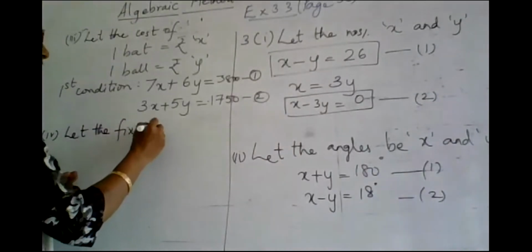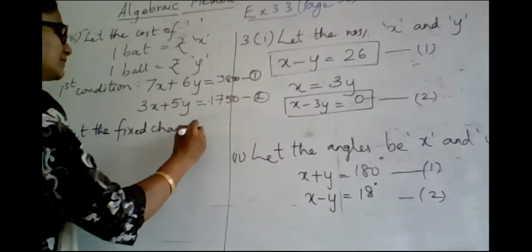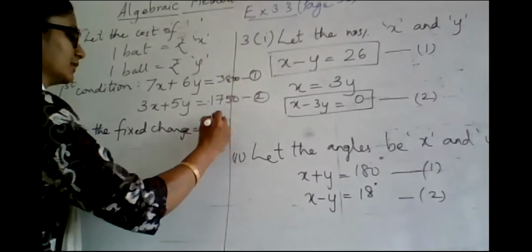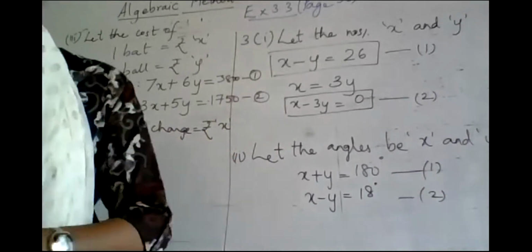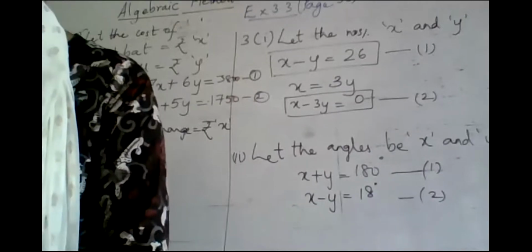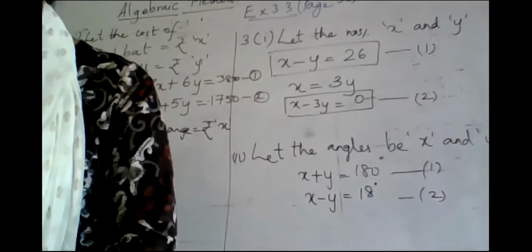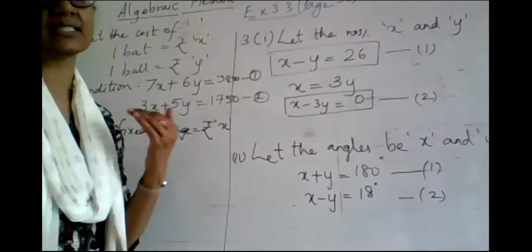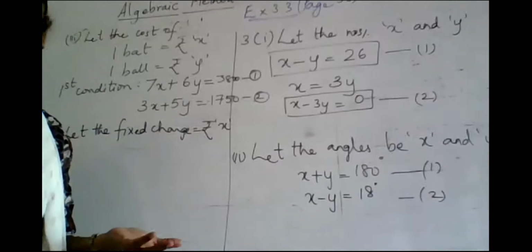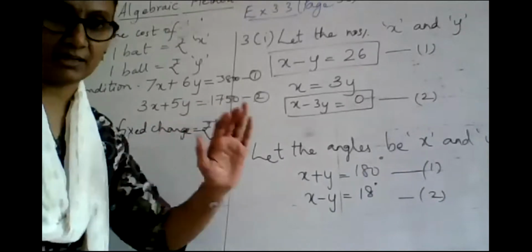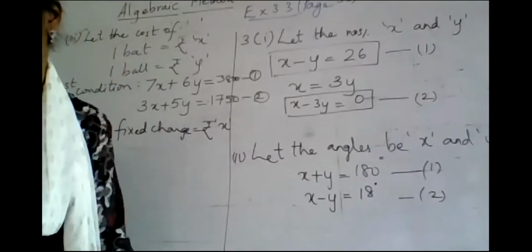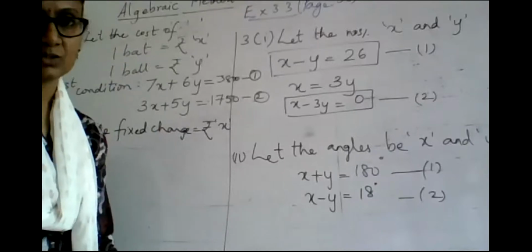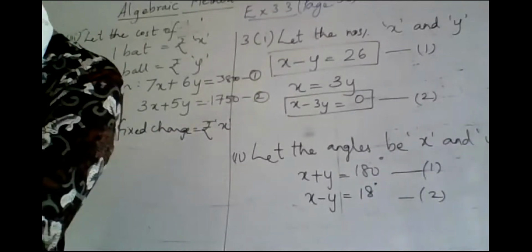The fixed charge that we pay will be rupees X. Alright, this is the fixed charge that I have. Then later on it is said for a distance of 10 kilometers, the charge paid is 105. So if a person is traveling 10 kilometers, then when he got down from the auto, he has paid rupees 105. So I have another variable which I have to assume.